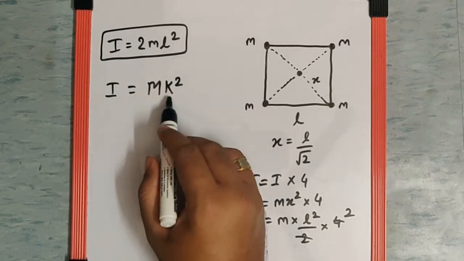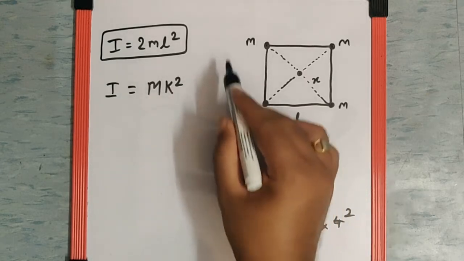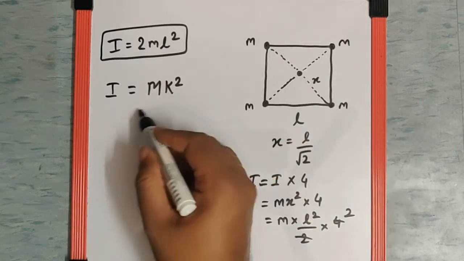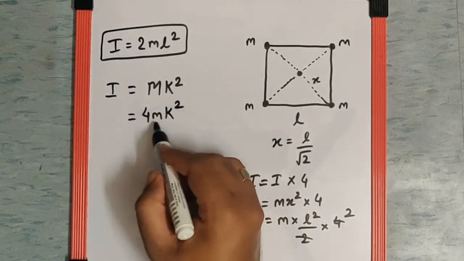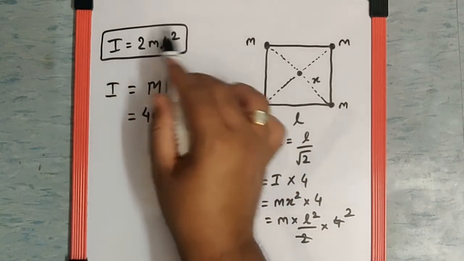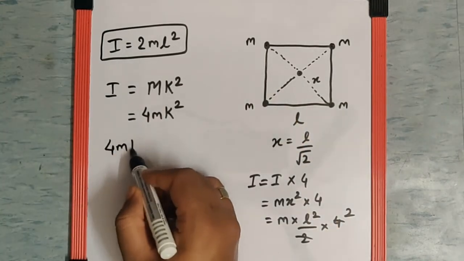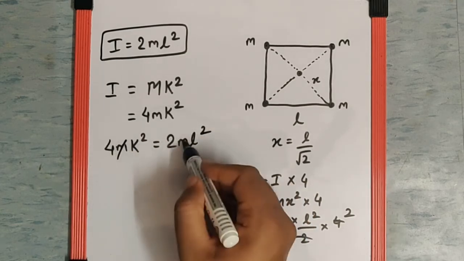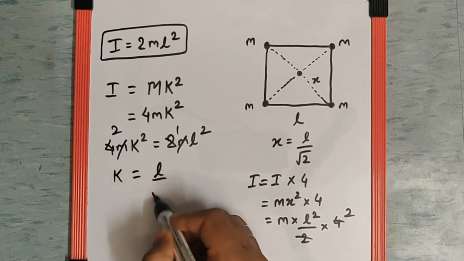Now the general formula for moment of inertia, as we know, is m k square, where m is the mass of the system and k is the radius of gyration of the system. Now m, which over here for the system is the total mass of the system, which is nothing but 4m. So m will be 4m and k square as it is. So now we can equate this to moment of inertia because this is the general formula and this is the specific formula for this particular diagram. So if we equate that, we get 4m k square as 2m L square. So m gets cancelled, and finally we get k as L by root 2.